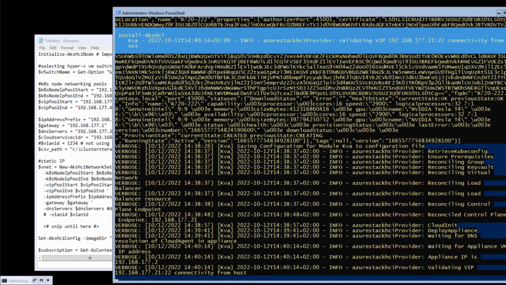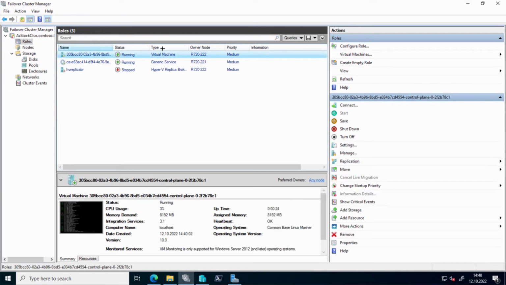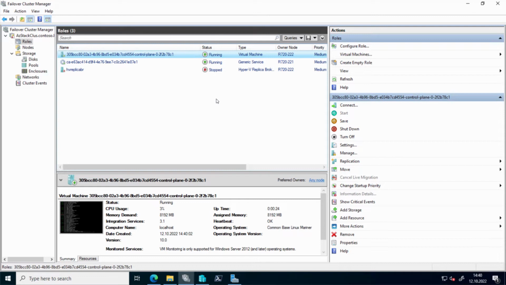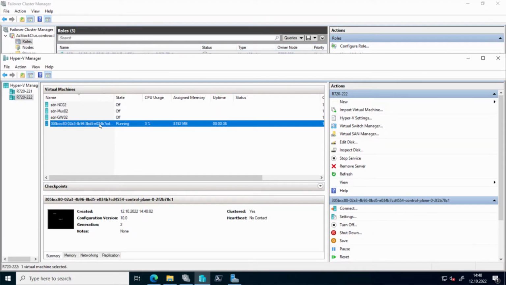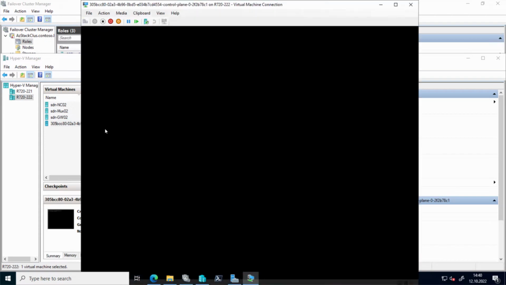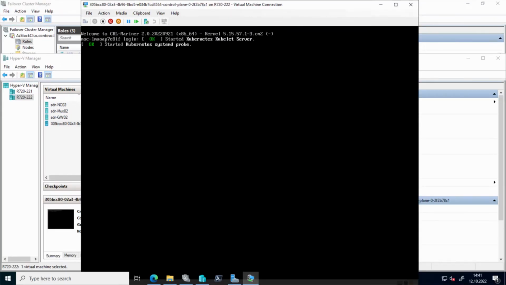So when it's telling you deploy appliance, that would be a time where you could have a look at your cluster again and see if a virtual machine has been created using that Linux operating system that we've just downloaded. Here we go. And if you have a look at the virtual machine and open a console window, you should see at least something happening here, and it welcomes you with the Mariner Linux version name,